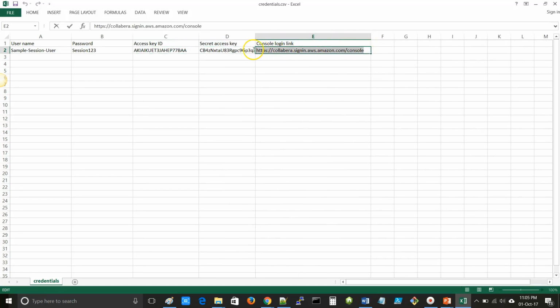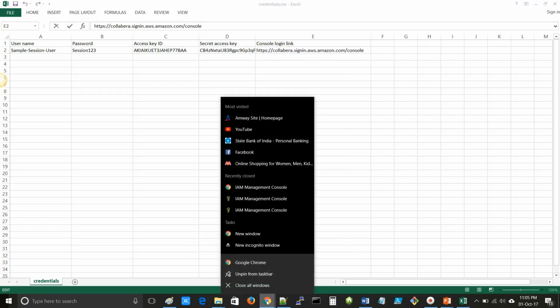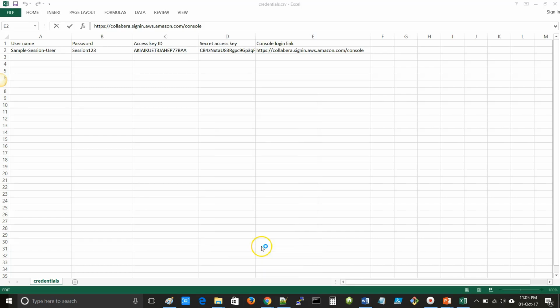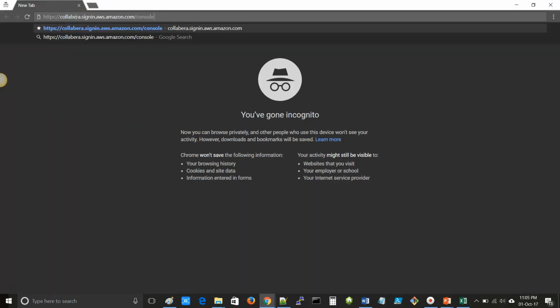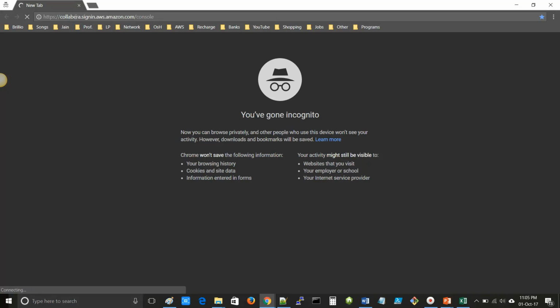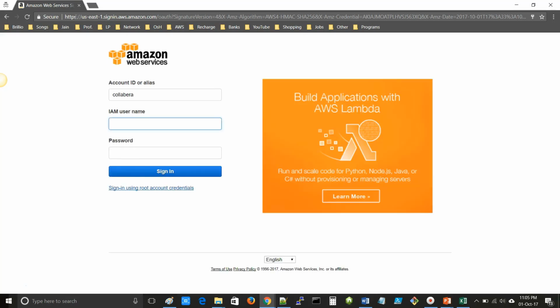You can copy this link and open Google Chrome in incognito mode and paste that link. Here you can see that this is the sign-in page for US East 1 region.